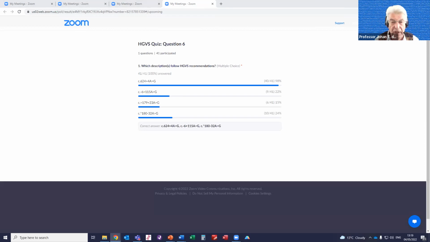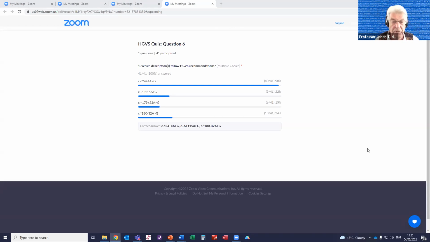All variants are in an intron. That's indicated by the plus or minus, like +4, +115 or -32. So that means it's in a coding DNA reference sequence in an intron. And then 64 means it's in the coding region. -6 means it's in front of the ATG. The star means it's 180 nucleotides after the stop codon,